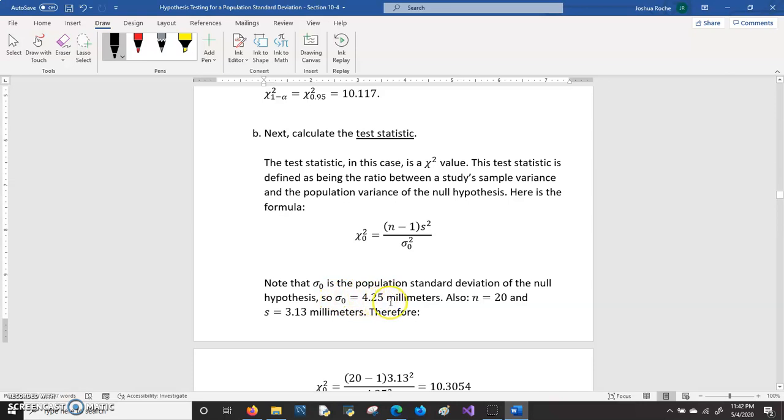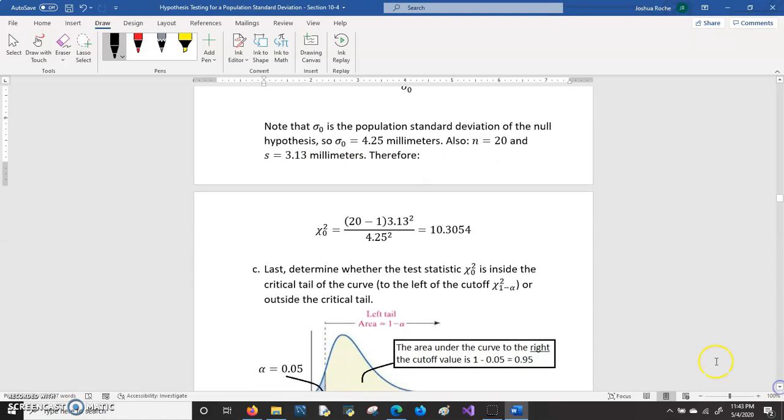That was the standard deviation using the old sculpting technique. Remember also that the sample size was 20, and we calculated the sample standard deviation to be 3.13 millimeters. So we could put all of those numbers into the test statistic formula, and we'll get